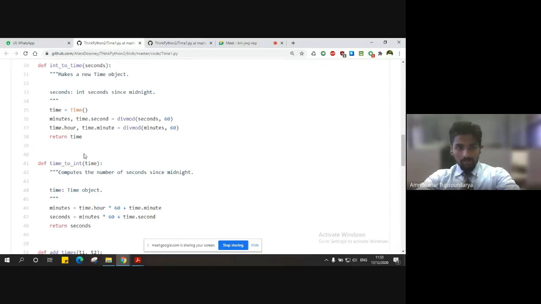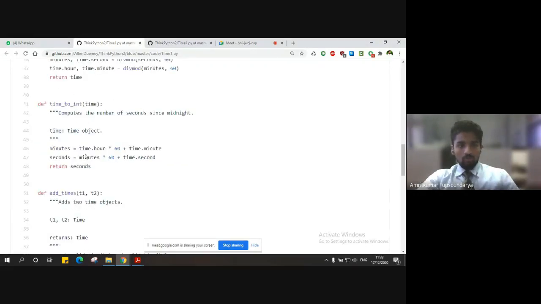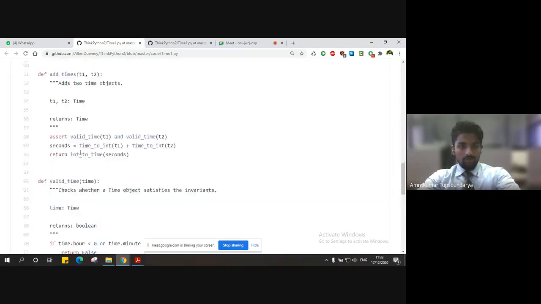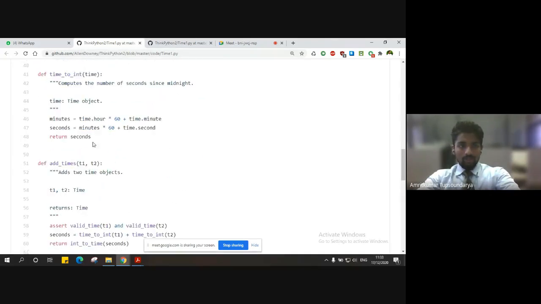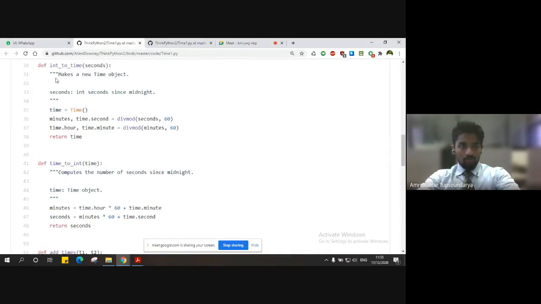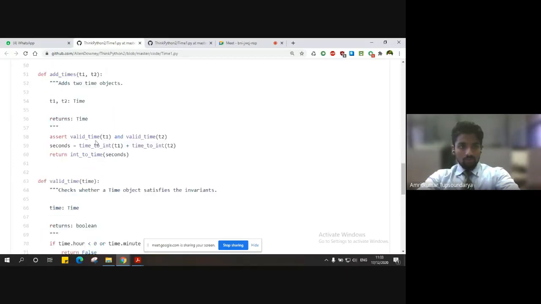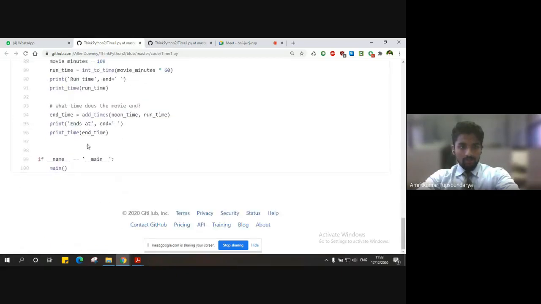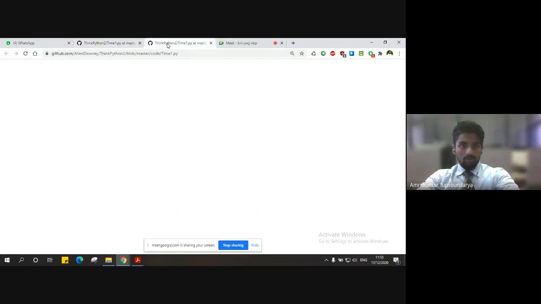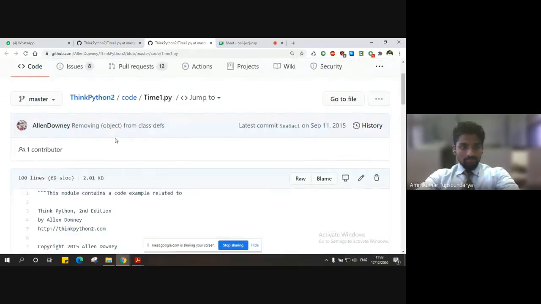You can save these codes, and if you want to modify a few things in this code, you can modify them. You can use it to create some kind of small project, right? He has done adding of two times, converting a time to an integer, and also converting an integer to a time value, right? And then validating the time. There is a lot of other stuff that the author has done here and dumped the code at GitHub, right?